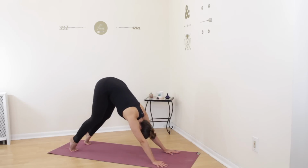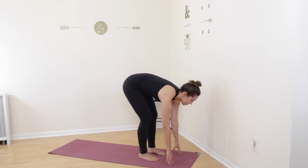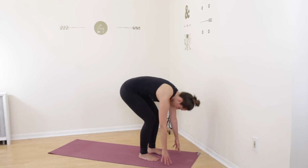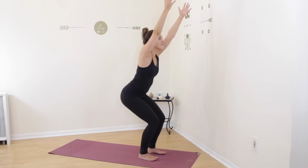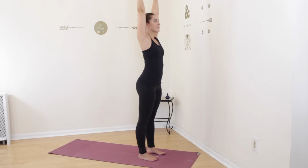Inhale, raise your heels, bend your knees, look forward, and step your feet into half forward fold, straightening your spine. Exhale, fold back down, forward fold. From here, inhale, sit your hips back, reach your arms up and forward, Utkatasana, fierce pose. Hold here, reaching those hips back, and on your next inhale, straighten your legs, and exhale, release your hands down